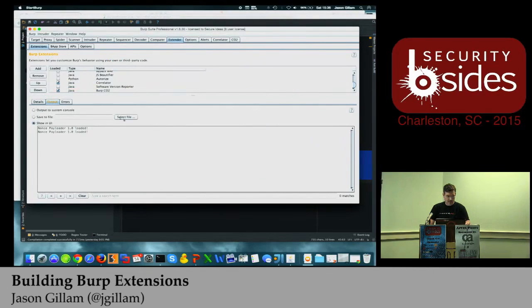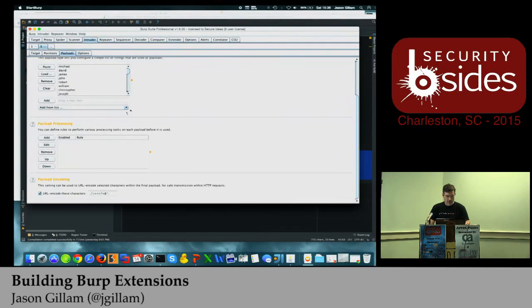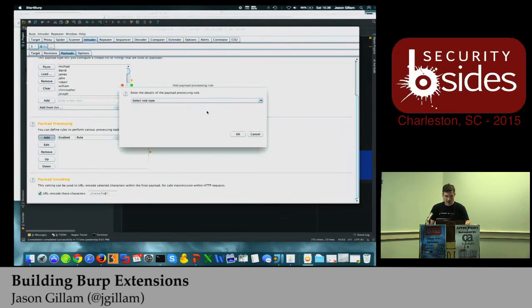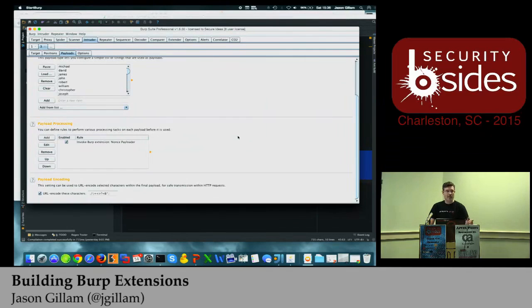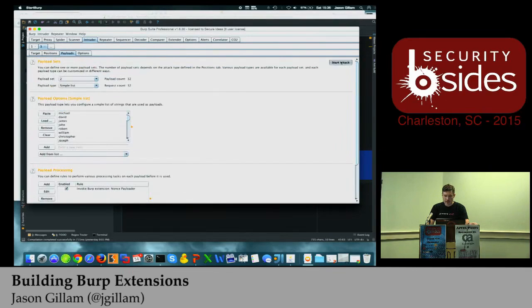So it's loaded. All right, and now it shows up on my list here at the bottom. And then it also shows up inside of Intruder. So I can add the payload processor, invoke Burp extension, not payloader is what I called it, because in Burp everything ends in ER. I don't know if you ever noticed that. So I try to stick with it. So now we have that. So now if I start the attack,